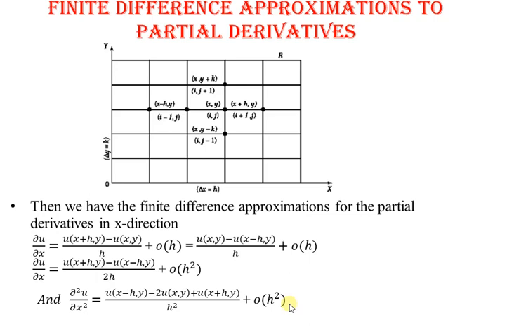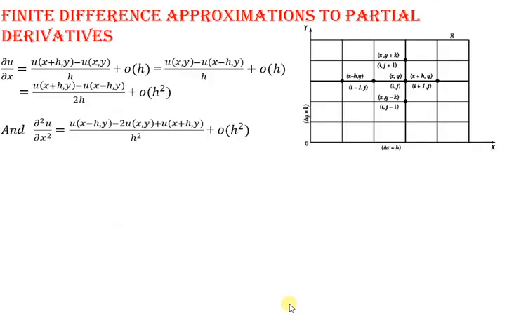Using this approximation, we can also write these x comma y values by replacing the variables with i comma j. So x will be replaced by i, y will be replaced by j, x plus h will be replaced by i plus 1, and x minus h will be replaced by i minus 1 in the x direction. So if we simply write u of x comma y in terms of u of i comma j, we have the following. These equations we have to convert into a simple form of i comma j.